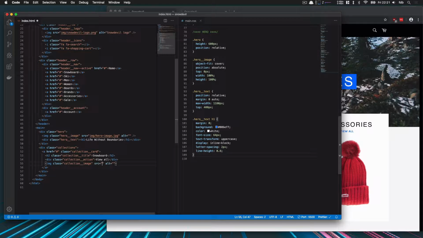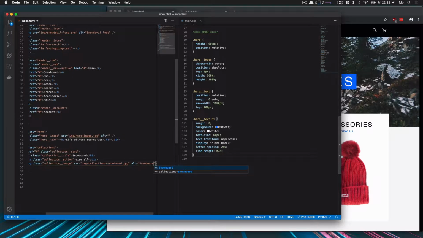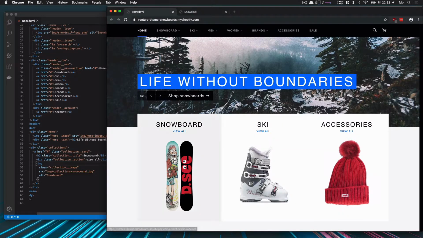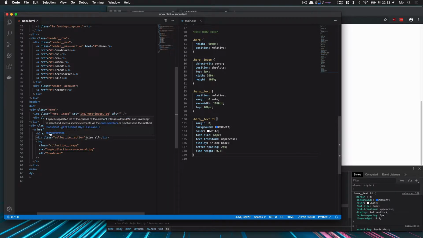And the source for that image is going to be img/collection-snowboard. That's the first one. And then the alt tag, we can also write snowboard. If we save, we see that we have these elements below each other. Going back to our page, we see that we sort of mostly are there. They're already below each other, but they don't really fit in that nice grid here. So